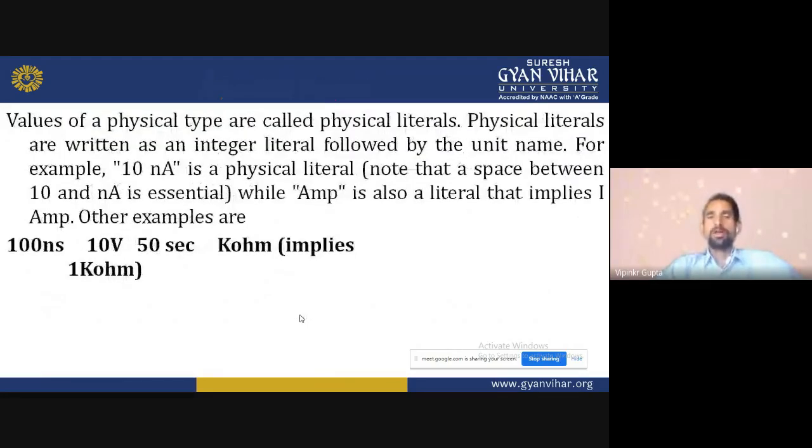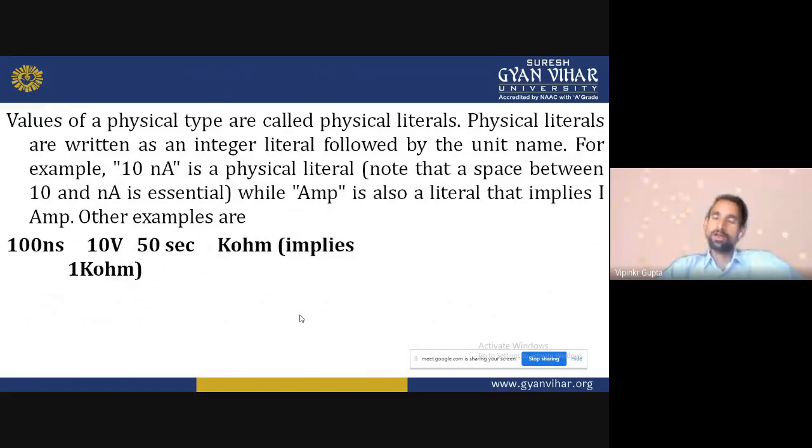Values of a physical type are called physical literals. Physical literals are written as an integer literal followed by the unit name. For example, 10 nanoampere is a physical literal.